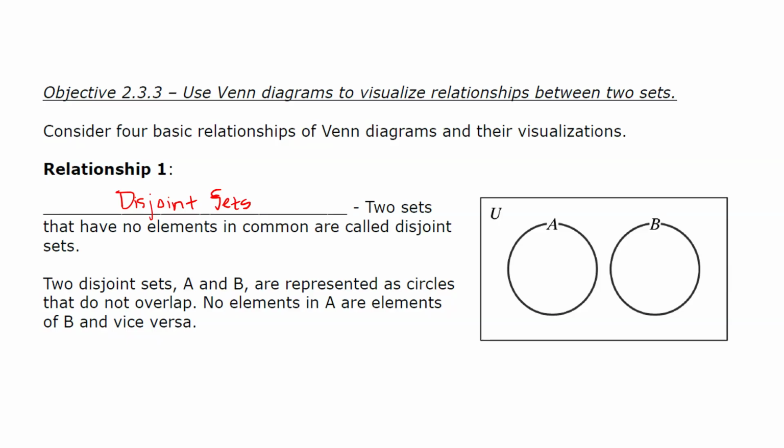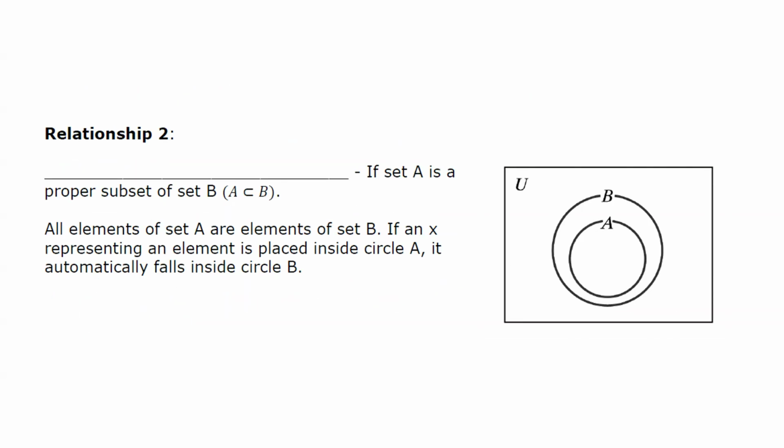sets. So in our example here, we have 2 disjoint sets, A and B, and they're represented as circles that do not overlap. So that means no elements in the set A are elements of the set B and vice versa. So it's the first relationship you can have between subsets. The second relationship